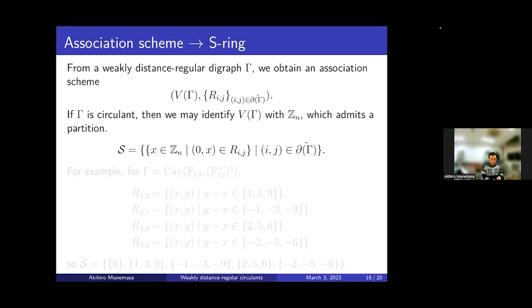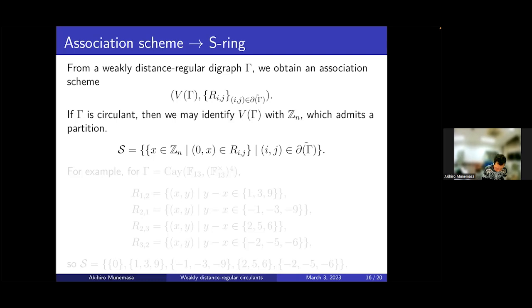So from the definition of weakly distance regular digraph, we know we get an association scheme, that is a coloring of arcs of a set of vertices indexed by two-way distances. So basically the weakly distance regularity requires that this partition satisfies a certain regularity condition. If gamma is circulant, then we may identify the set of vertices with the cyclic group Zn, and then this partition of the set of arcs gives rise to a partition of the set of vertices, which is the set of group elements Zn,